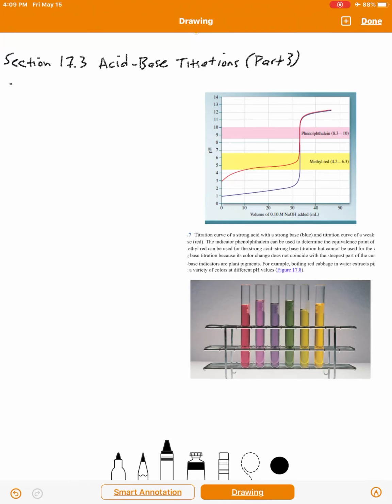Okay, this is part 3 of section 17.3, acid-base titration. So in this lecture, what I'm going to discuss is the use of what are called acid-base indicators. Acid-base indicators are used throughout chemistry and biology to determine the equivalence point, or approximately to determine the equivalence point